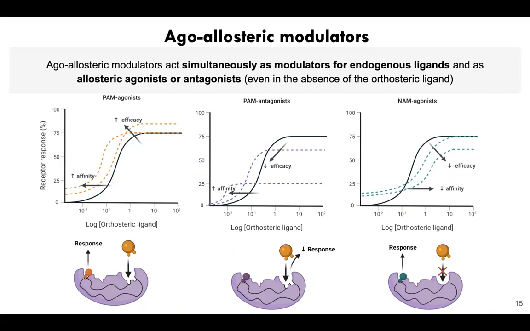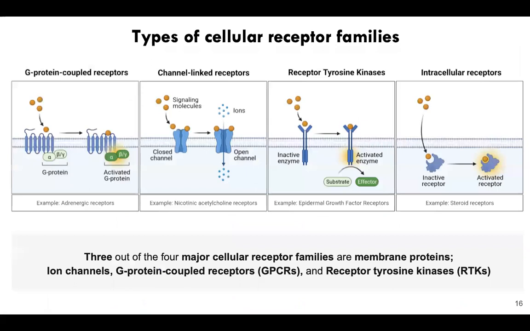And then we also have the negative allosteric modulators, which are agonists. Here, what's happening is that the Ago-allosteric modulator reduces the affinity of the allosteric ligand, but it increases, so this is wrong, it actually increases the biologic response, the efficacy. So this arrow should actually be up. So we have many different combinations of things that can happen with allosteric modulators, and that's one of the really exciting facts of this type of modulation.